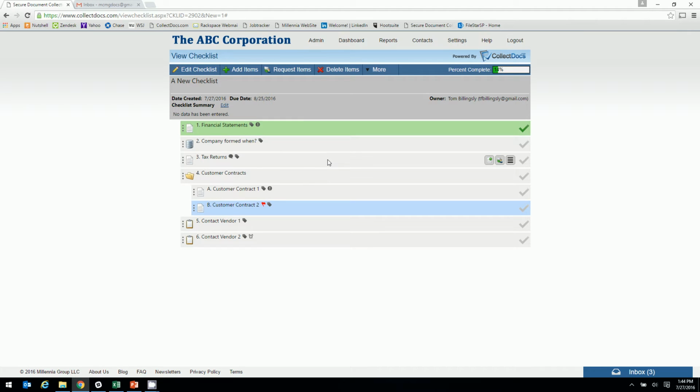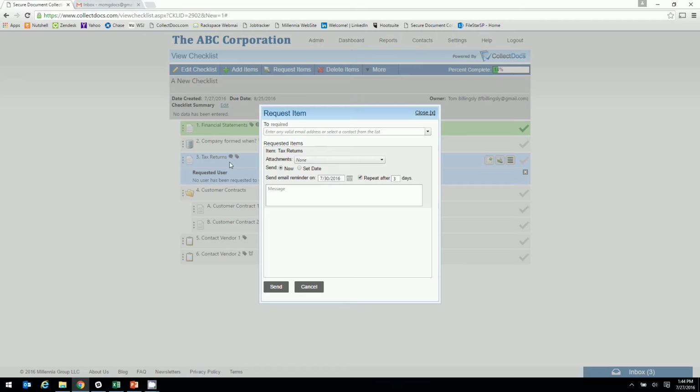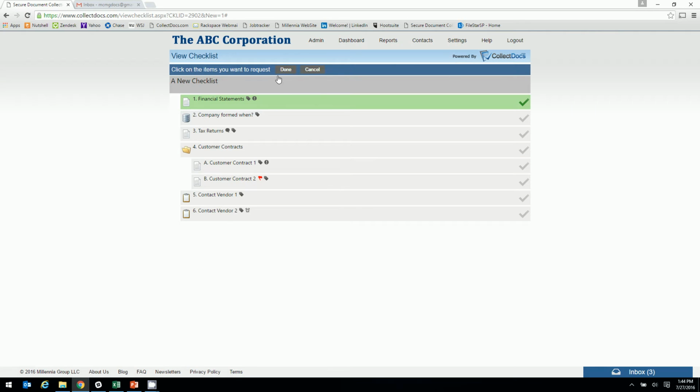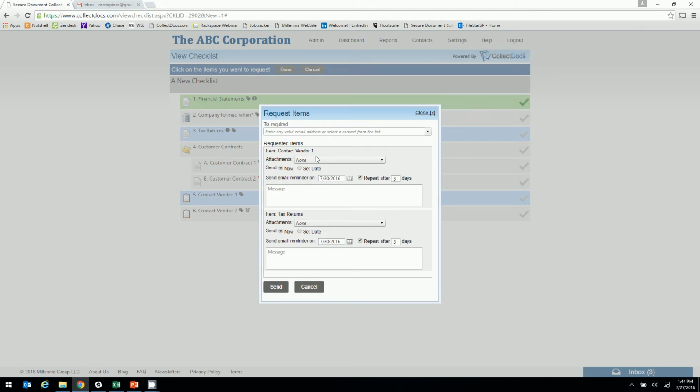So you can add users to do that, but you can also send a direct request. So I can send a request to an individual user for an individual item. It can be any email address, and they won't need a username and password. Or you can request multiple items from the same user. We'll select a document and a task, and I will send both of these off to any user. I'll send it to myself, and we'll go ahead and attach